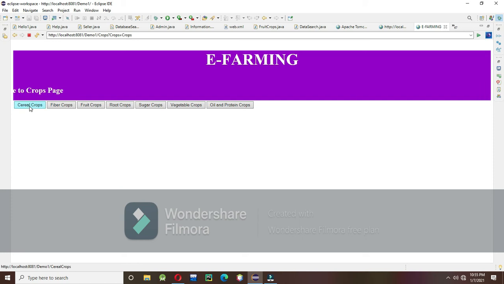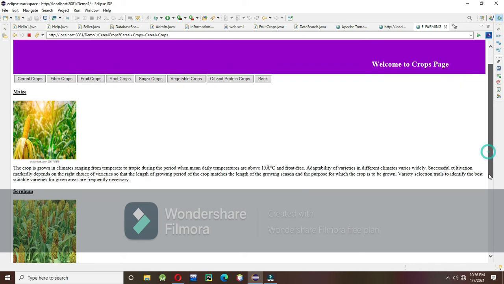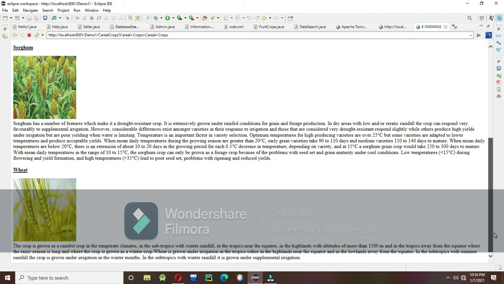There are cereal crops, fiber crops, fruit crops, root crops, sugar crops, vegetable crops, oil and protein crops pages available. When we go to a particular page, that type of crop information is present. For example, in the cereal crops, the different types of cereal crops information is present.